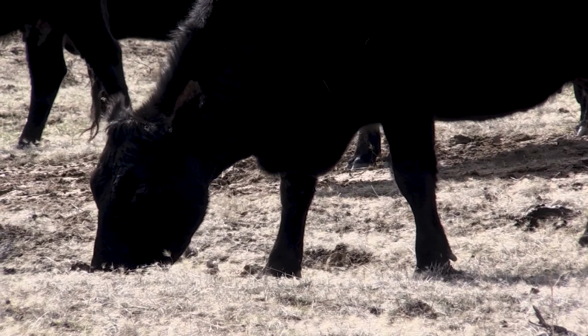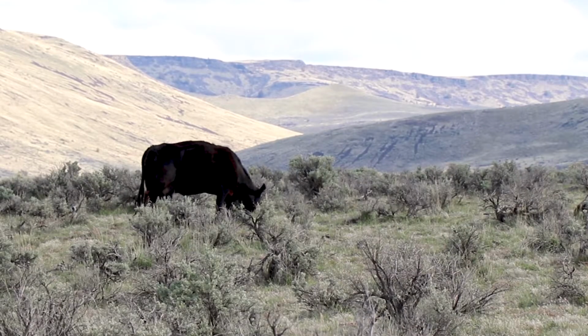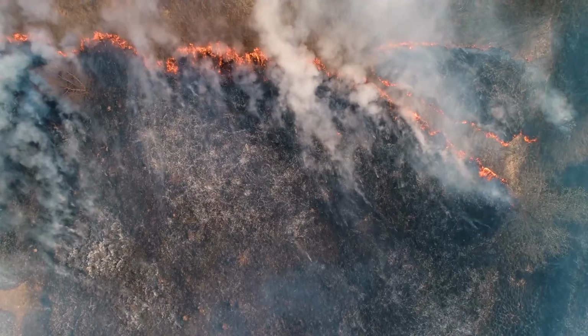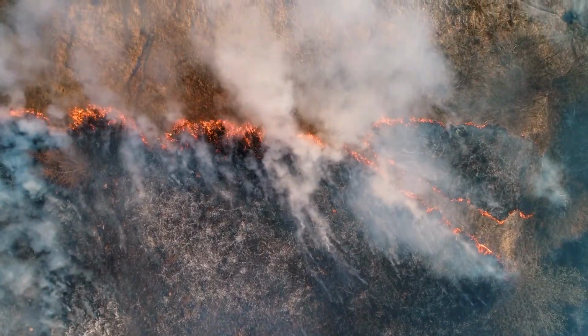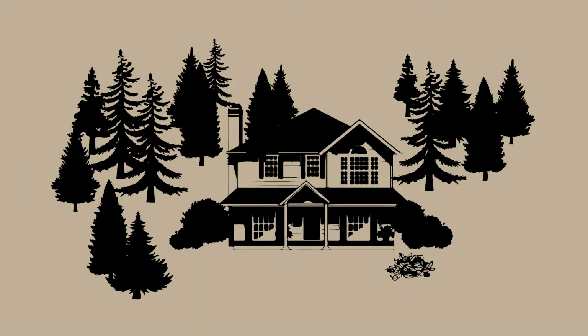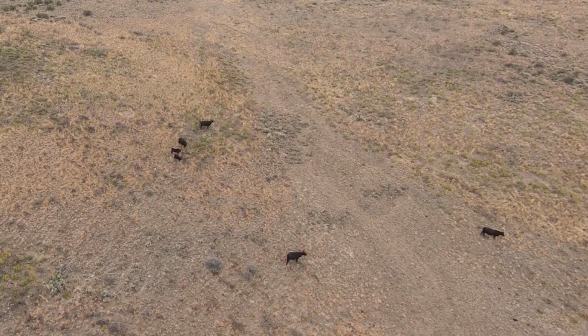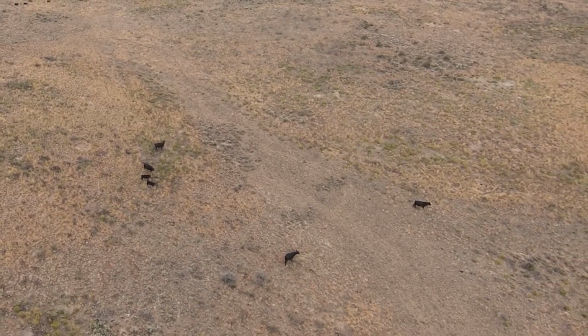Cows help disrupt germination through grazing and hoof action, limiting annual grass growth and allowing perennial grasses a better chance of competing. This also helps reduce fuel loads for the following fire season. In fire-prone areas, people prepare their homes and property for fires by removing debris, thinning vegetation, and generally reducing flammability. Cows do this for our rangelands and are one of the only cost-effective tools for doing so at that scale